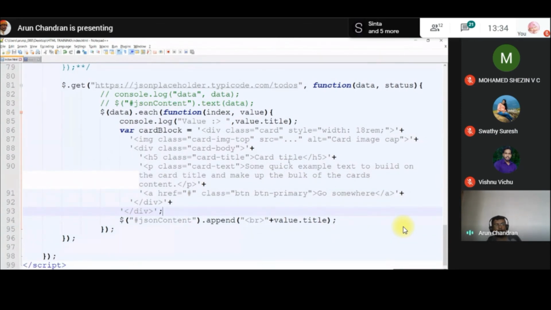Now what I want to give is this card title. I want to give this something like task. Okay, and this place. Okay, I think the value dot title is better there. So then the value dot title, I will put two single quotes in between and give the plus and give this. Now the value dot title is going to come there. Then